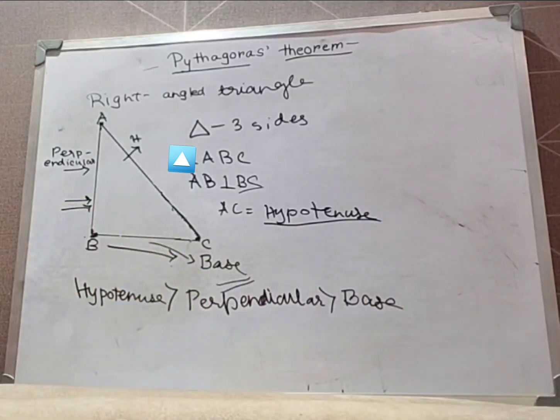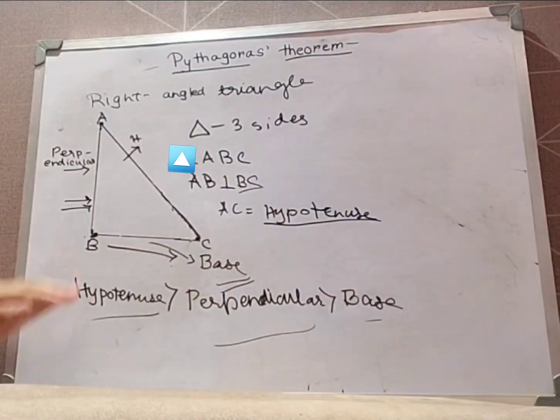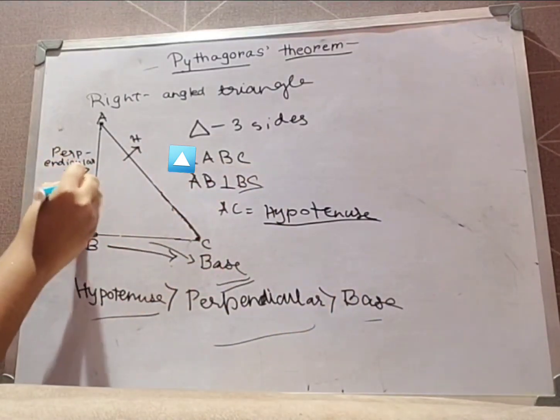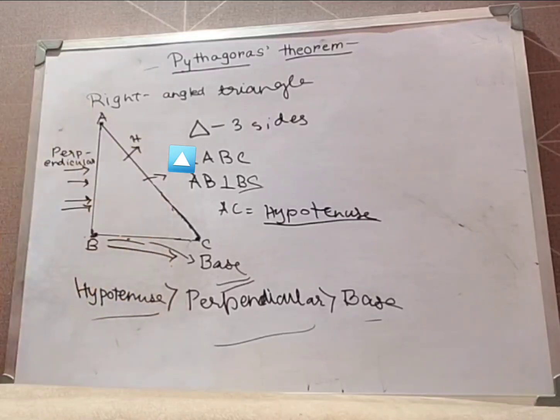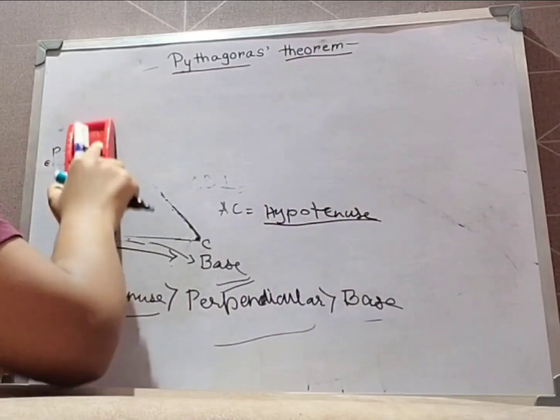Now in a right angle triangle, there is a way in which if we are given either hypotenuse and perpendicular, we can find out base. So we have to be given two out of these three sides, right? Hypotenuse, perpendicular, base. So this is our perpendicular, this is our base, this is our hypotenuse. Out of these three sides, if we are given two sides, then we can easily calculate the length of another side. How is that possible? It is possible by the Pythagoras theorem.